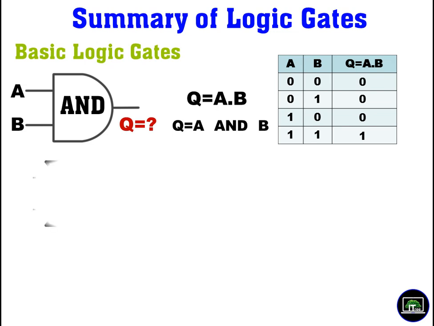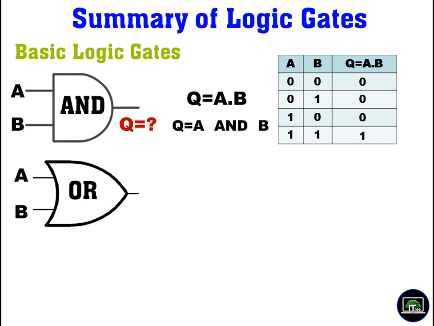Next one. This is called an OR gate. You should draw it correctly. AND gate is something like round shape, but OR is not round shape. Then when you input A and B, what's the output here? Q becomes A plus B. We say A plus B. It is A logical addition B. We can write something like this, A or B.